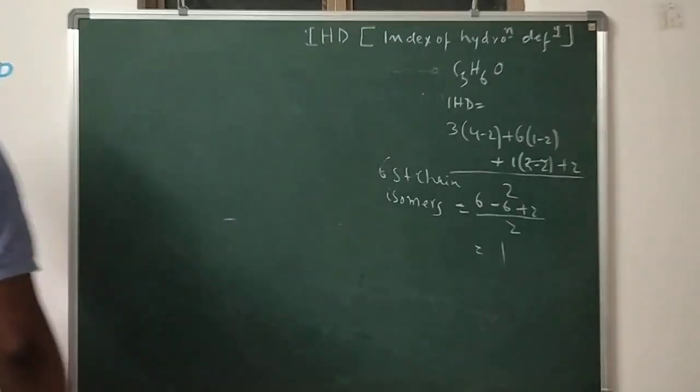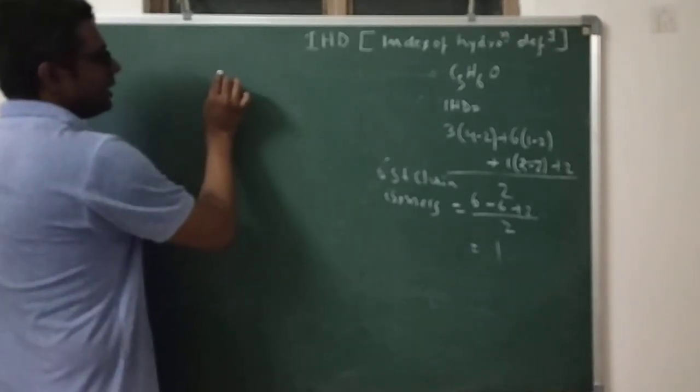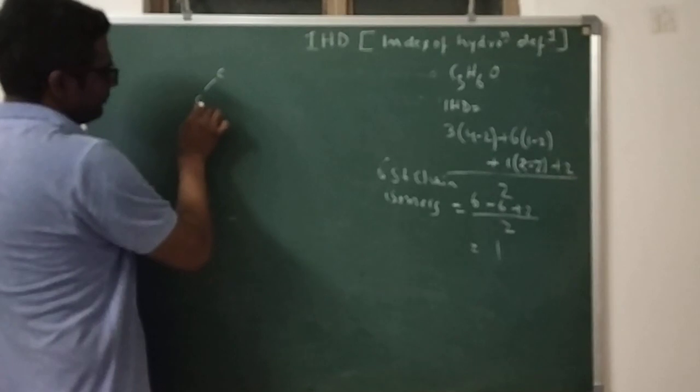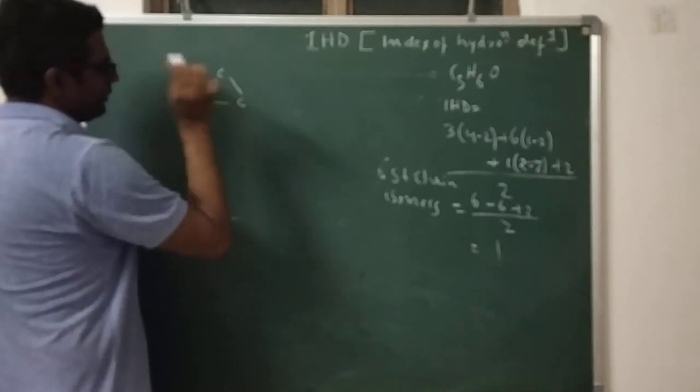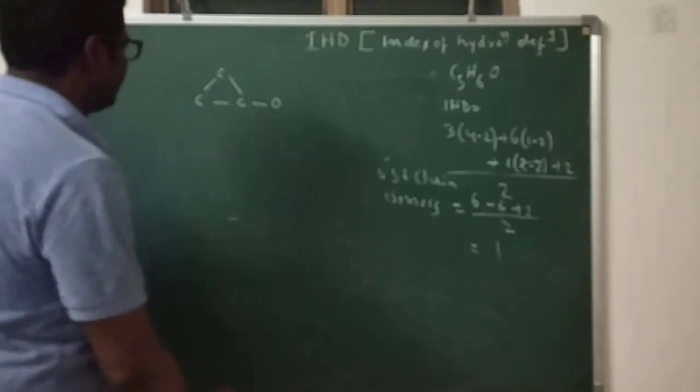Now we will go for the ring structure. Now what kind of ring structure is possible over here? Let us see. One is three carbon atoms and oxygen. This is possible. Another is